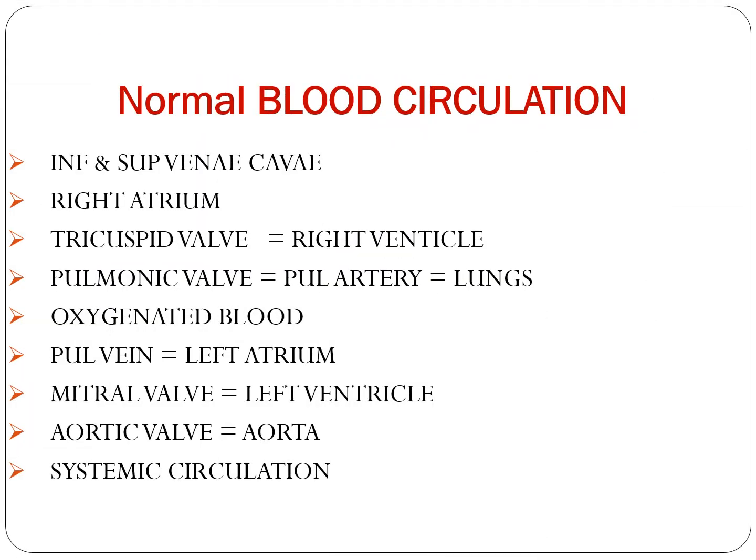So in the normal blood circulation, remember from the inferior and superior vena cava, it will collect the blood, and the unoxygenated blood goes to the right atrium, then it will bypass or enter the tricuspid valve that will go to the right ventricle of the heart. When now in the right ventricle, we will go to the pulmonary valve which enters the pulmonary artery, then it will go to the lungs in order for the oxygenation, para magkulay red na.